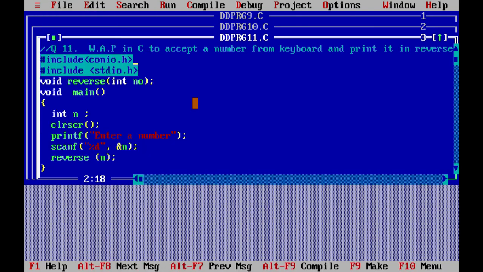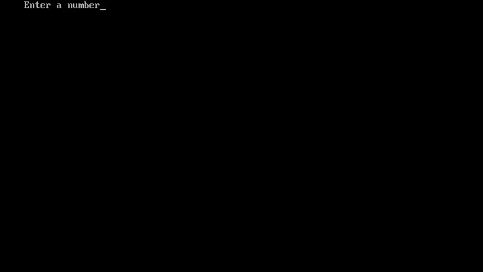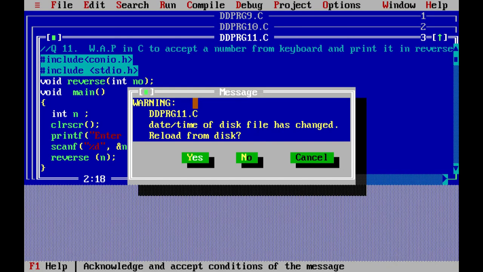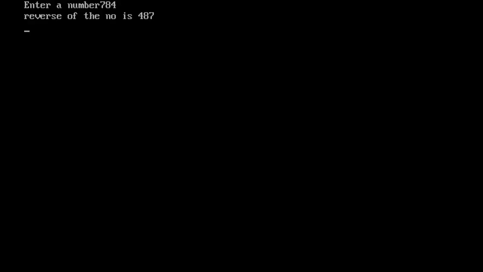Save this file, Alt F9, Control F9. If I write 784, now Alt plus F5, 487 will display. Whatever number you input, it will be printed in reverse order. Clear?